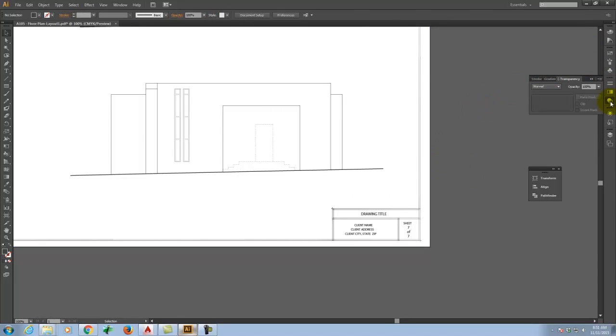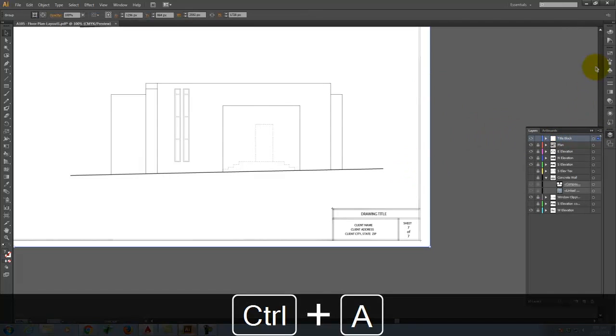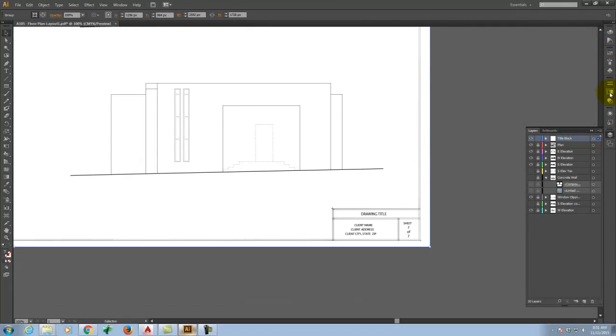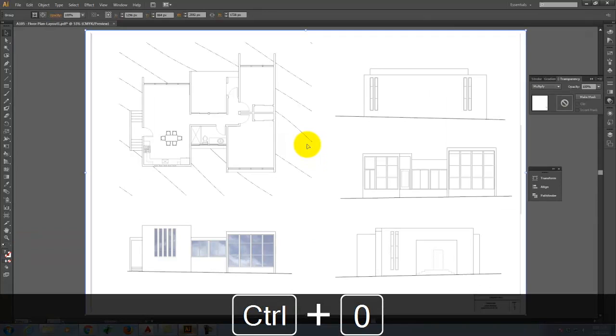So once again, I did that under transparency. I selected everything that's on this title block layer. Control A will do that. And then I went to my transparency and changed the blending mode to multiply,